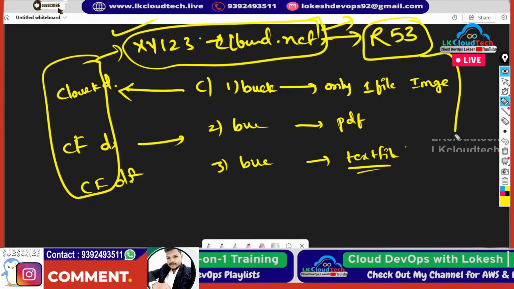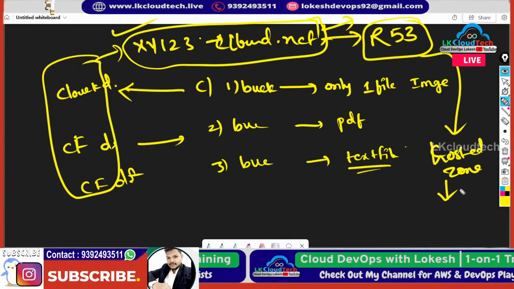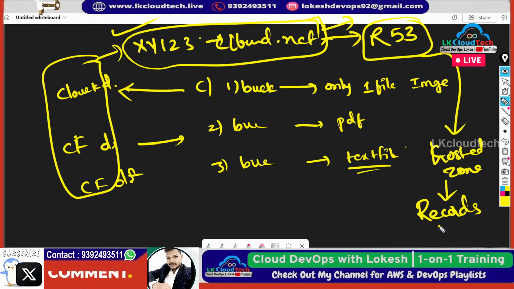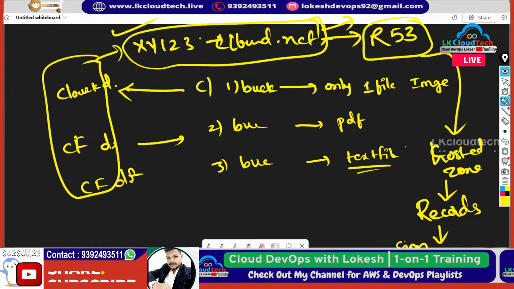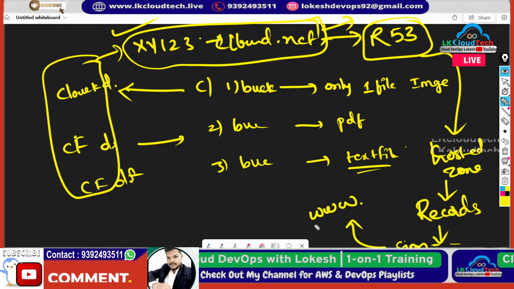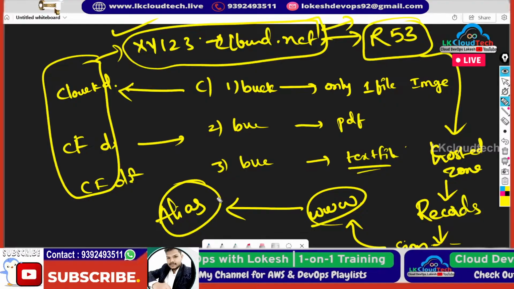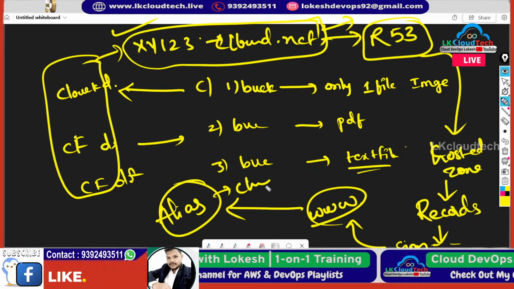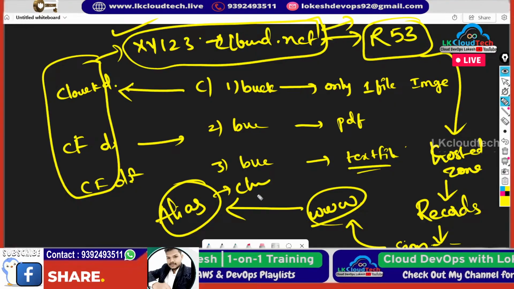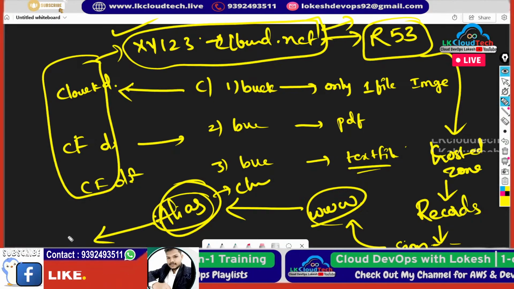For Route 53, you have to create hosted zones. With the hosted zones, you need to create the records. After records, select a simple routing like that. After that you have to add the records, www. We have done all these things, right? After that we have to choose alias. Earlier we chose the classic load balancer because we had created a load balancer at that time, and the templates, correct? But now we simply select in the alias